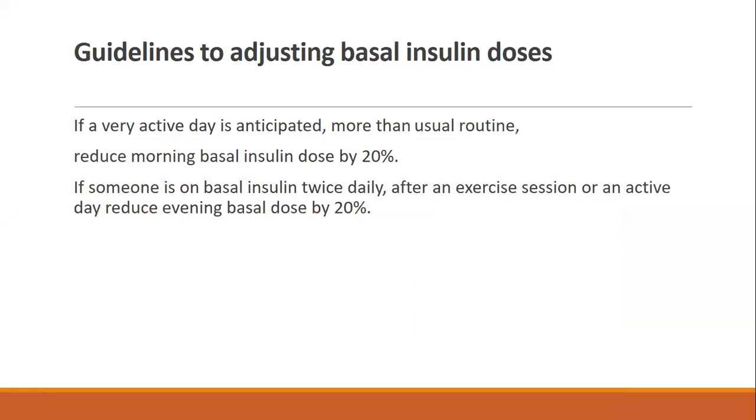Then, guideline for adjusting basal insulin dose. If we anticipate that these kids are going to have a very active day, more than usual routine, then we need to reduce the morning basal insulin by 20%. If someone is on basal insulin twice daily, then after exercise, we need to reduce by 20% to avoid